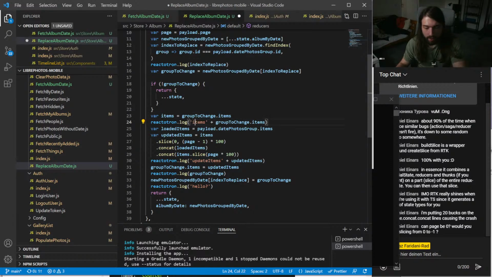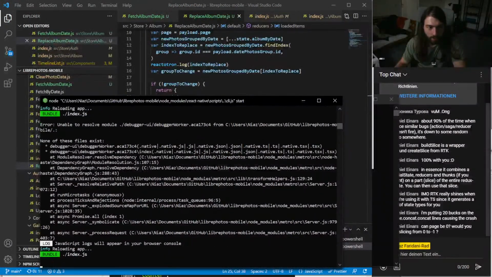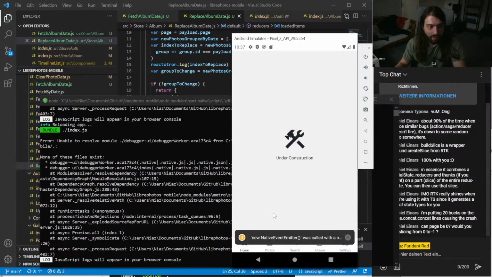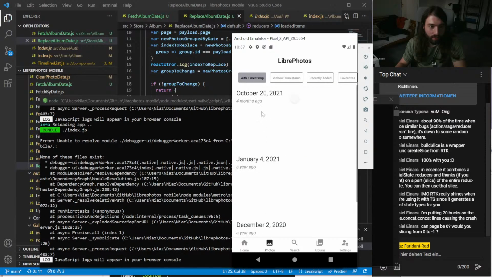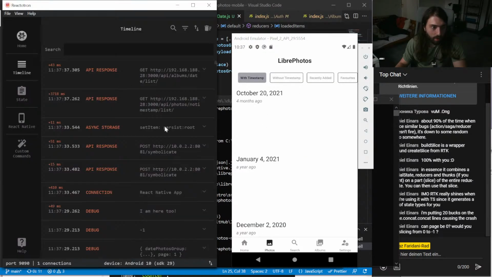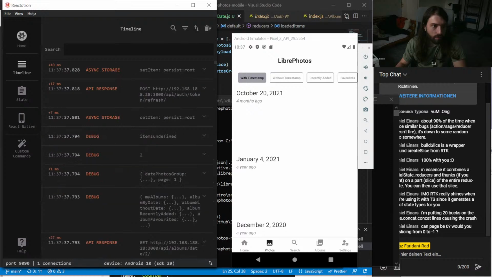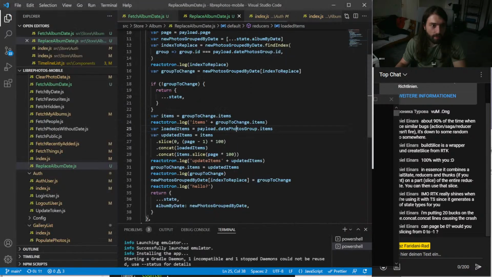Yeah, the page starts at 0, I think. No, it starts at 1. So, it starts definitely at 1. I'm pretty sure that the paging thing worked because I took that 1-to-1 from the front end. So that's why I'm so sure that it works. I know it looks really janky. It is really janky, but it does work in the front end. So he is complaining about items, right? So group to change items is empty.